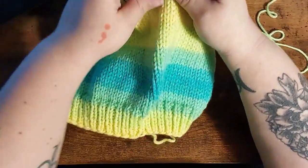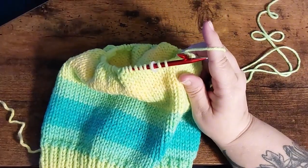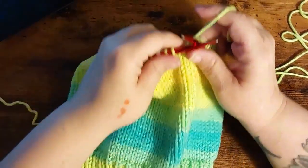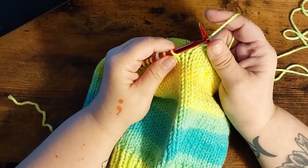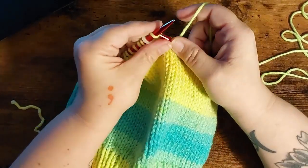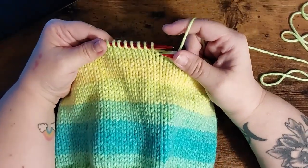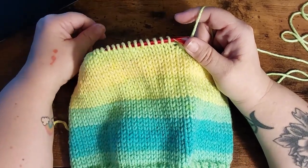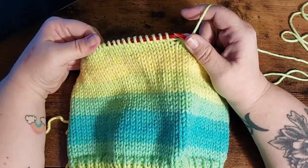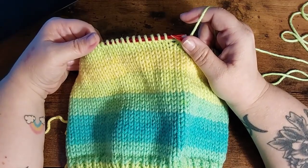So I need to finish, pardon my chair, it's squeaky. Okay, so I need to finish this last 2 right here. Knit stitches. Okay, and I'm going to transfer my stitch marker. So I have, I believe, 90 stitches for this hat. So we need to decrease 9 times. So if we're decreasing 9 times, that means we're going to knit 2 together